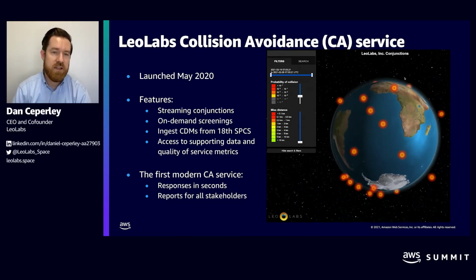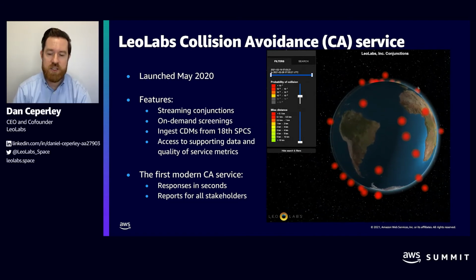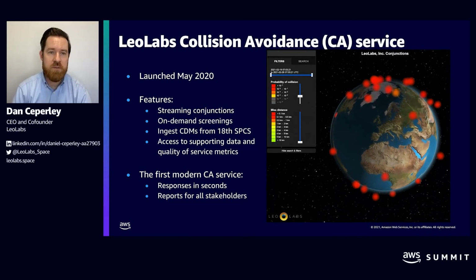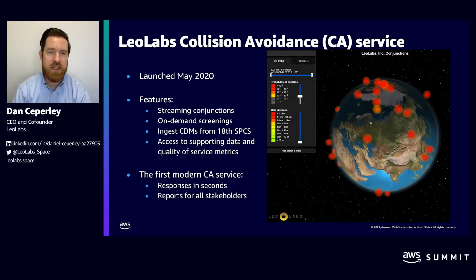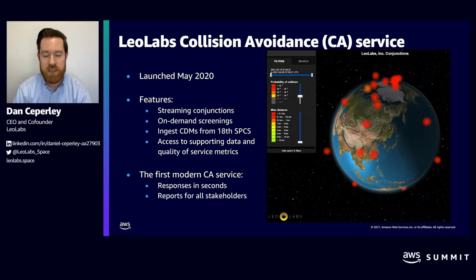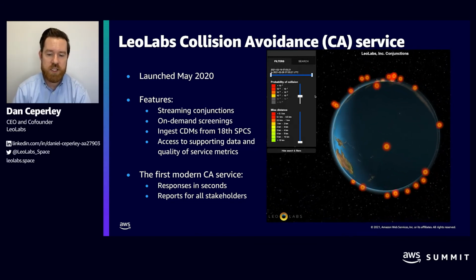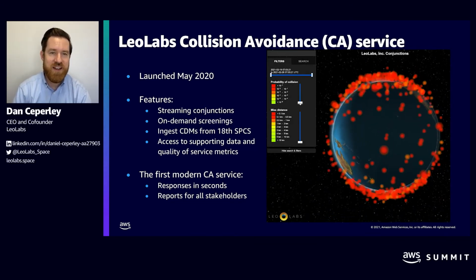When active satellites are involved, there's the opportunity to actually move the satellite. But unfortunately, there's a significant number of these where there's two dead satellites involved, or a piece of debris and a rocket body. And in that situation, there's currently nothing we can do about these conjunctions. However, in the future, we're very hopeful that there'll be an active debris removal industry that'll be launched to go up, grab those satellites, and get them out of the way.